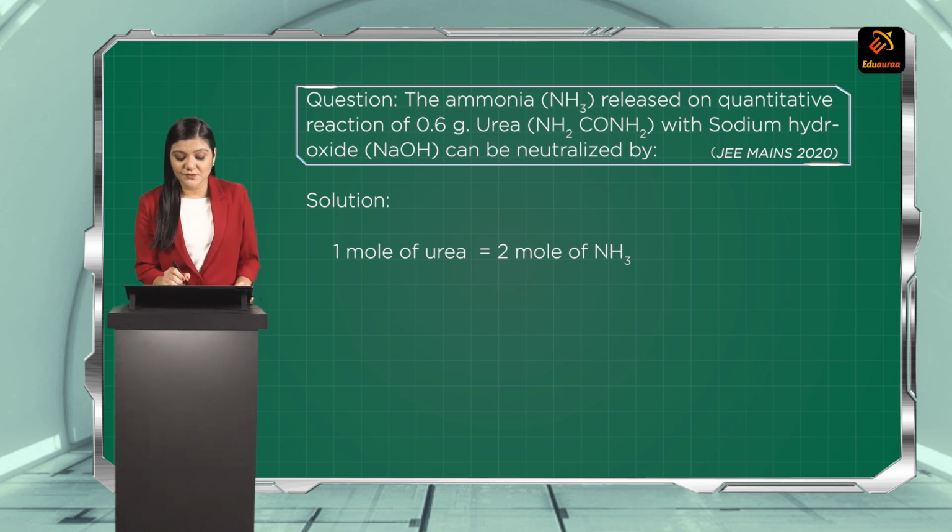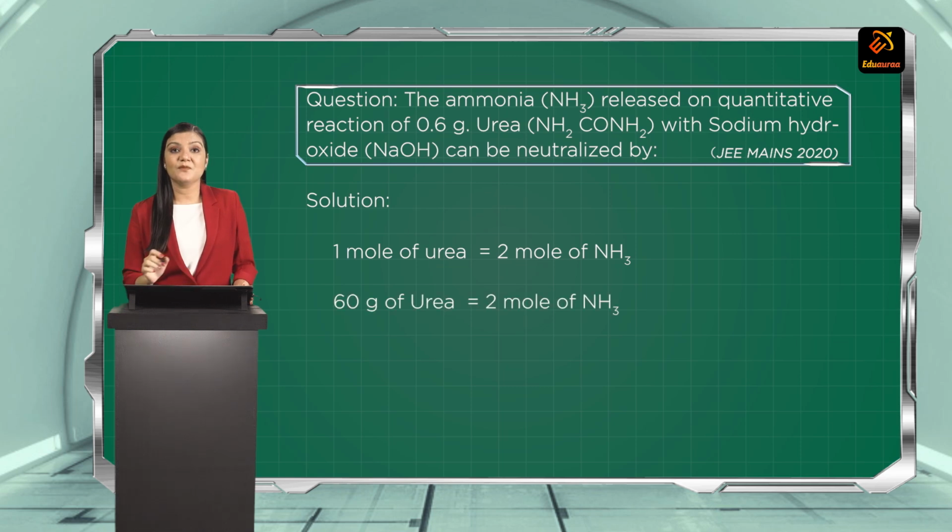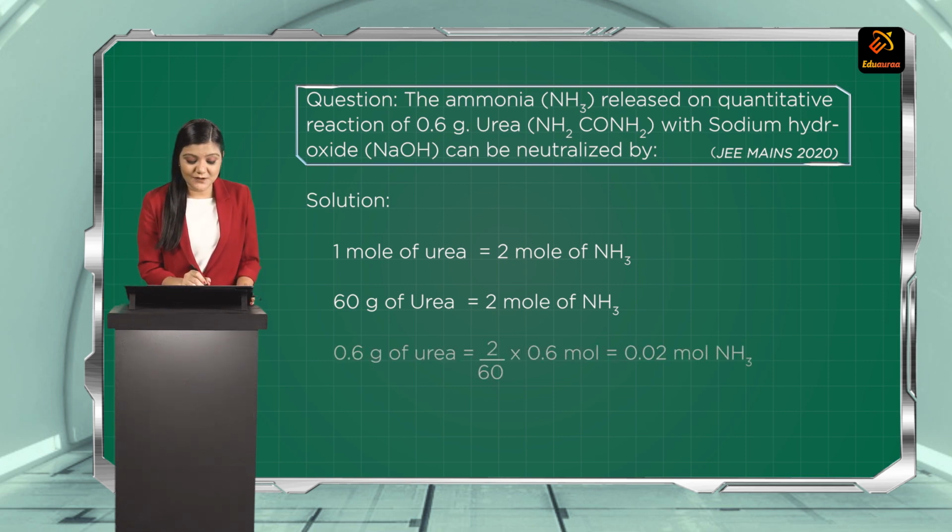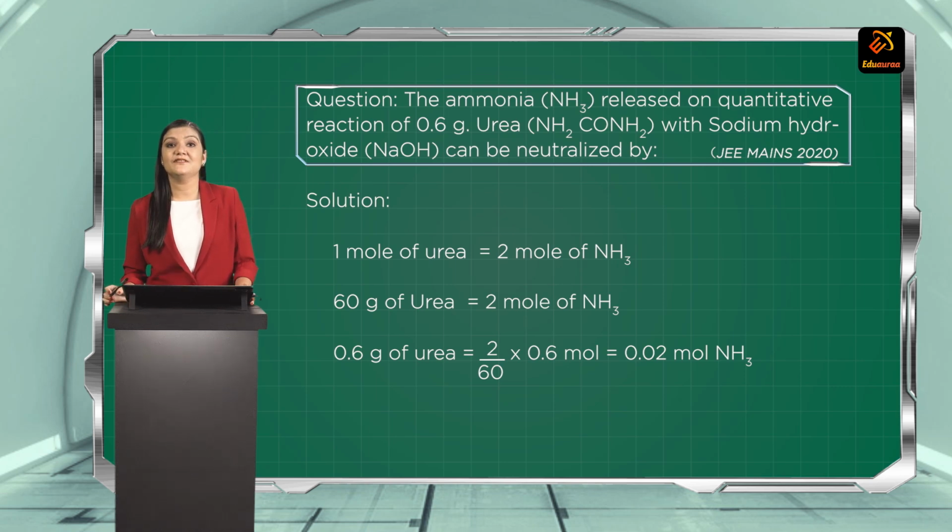So 1 mole of urea is equivalent to 2 moles of NH3. 1 mole means the molar mass of urea, so 60 gram of urea is equal to 2 moles of NH3. Now, if I substitute the values, then 0.6 gram of urea will be equal to 2 divided by 60 multiplied by 0.6. So the amount of ammonia, which is NH3, is equal to